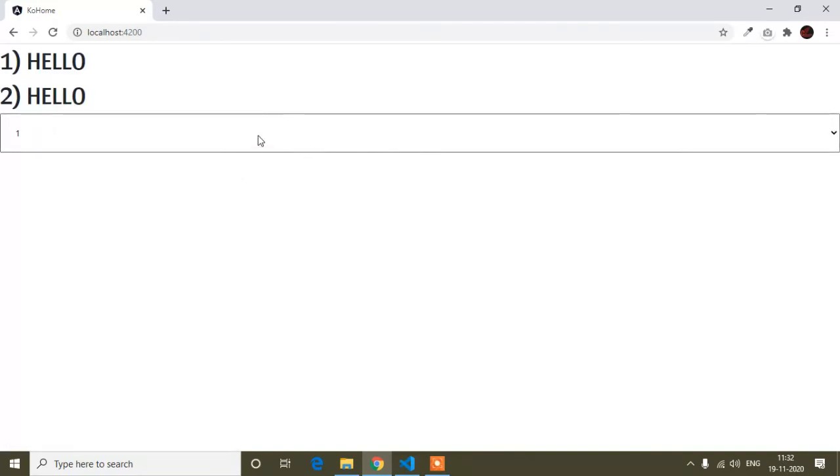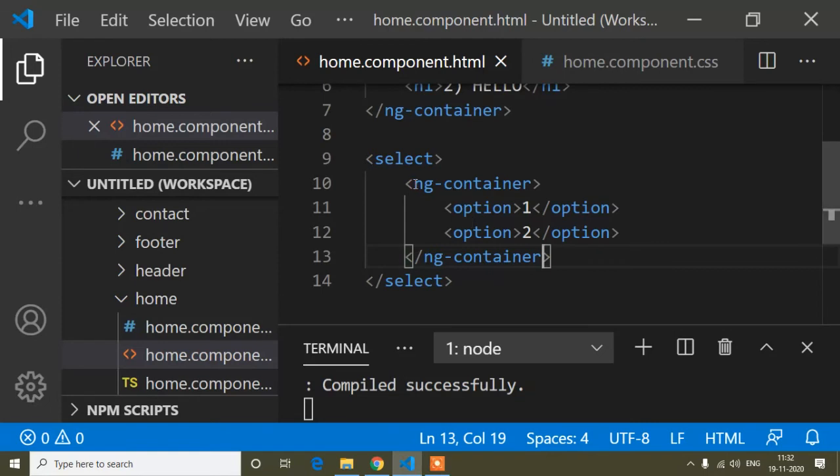Now you can see it's working perfectly, because of the difference between div and ng container. Div comes in your DOM element, so that's why it was not working, but ng container doesn't come in your DOM element, so it's working. So this is the difference, and you can call it a benefit of ng container.